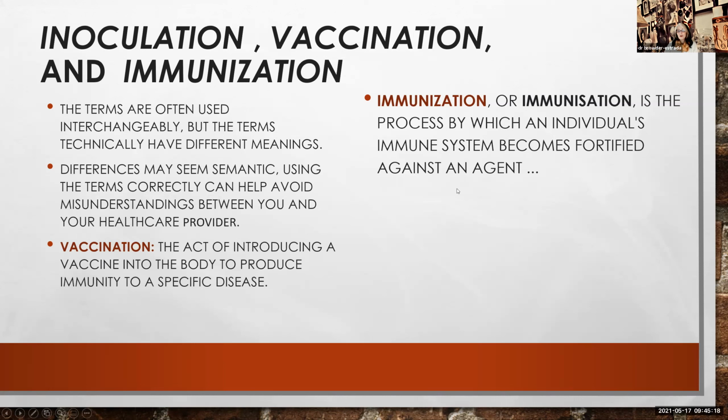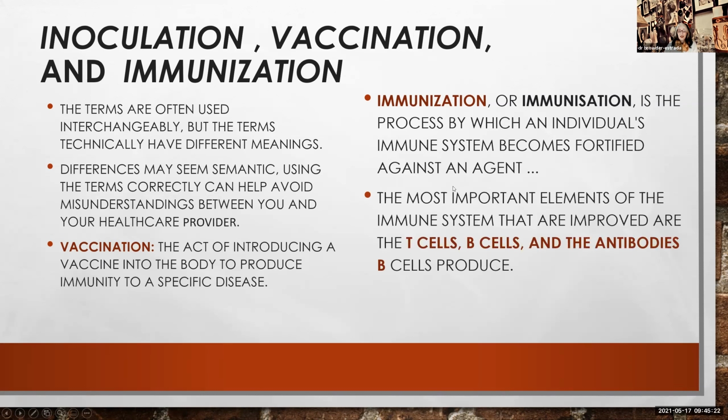So we'll probably do boosters for this. And what do both of them do? They're trying to get your system to improve the T cells, B cells, and antibodies that are being produced. So those are your immune agents. Okay,